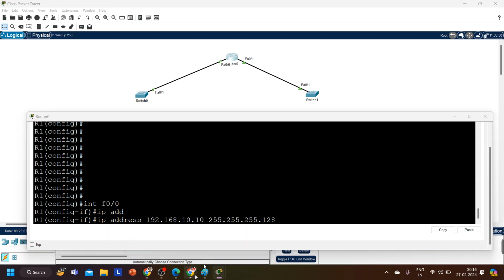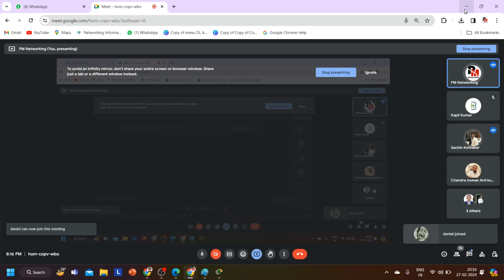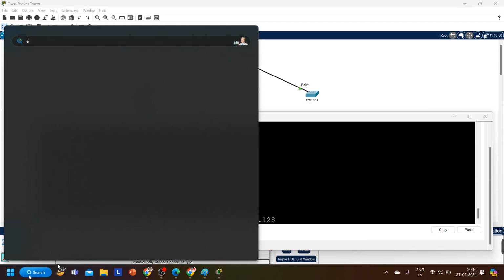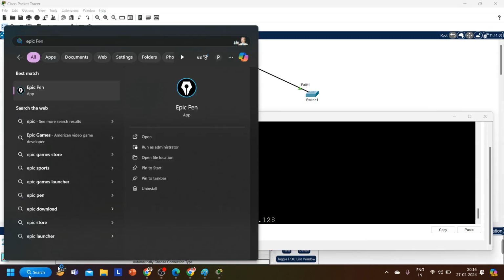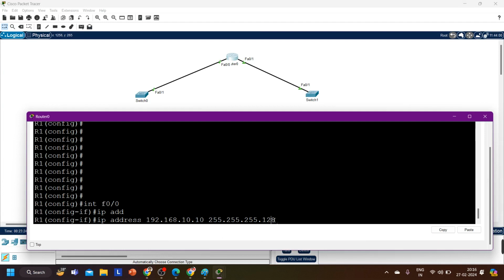Okay, now every time we have to calculate these types of ones. Don't worry. When you get the funda, it will be very easy for you to understand. For now, just do one thing. If you don't know whether the router is going to take this IP address or not, then what you can do is find the network ID. See, if you have this subnet mask, 255.255.255.128,